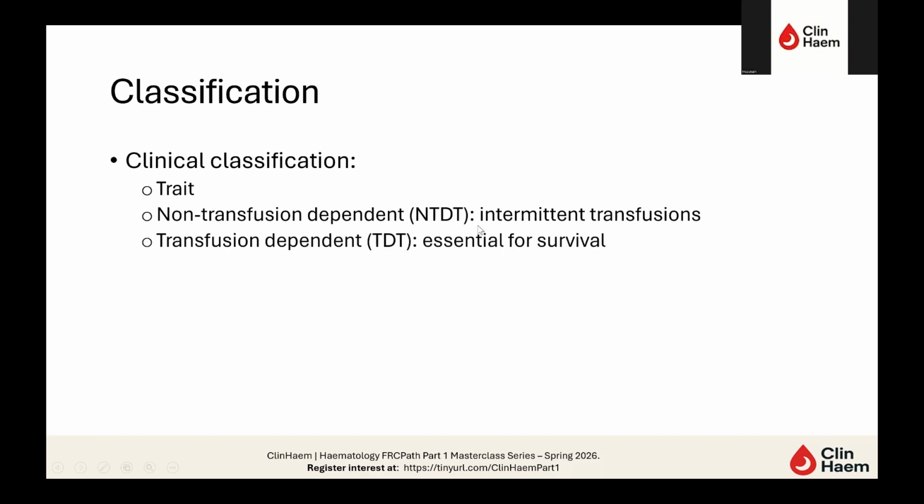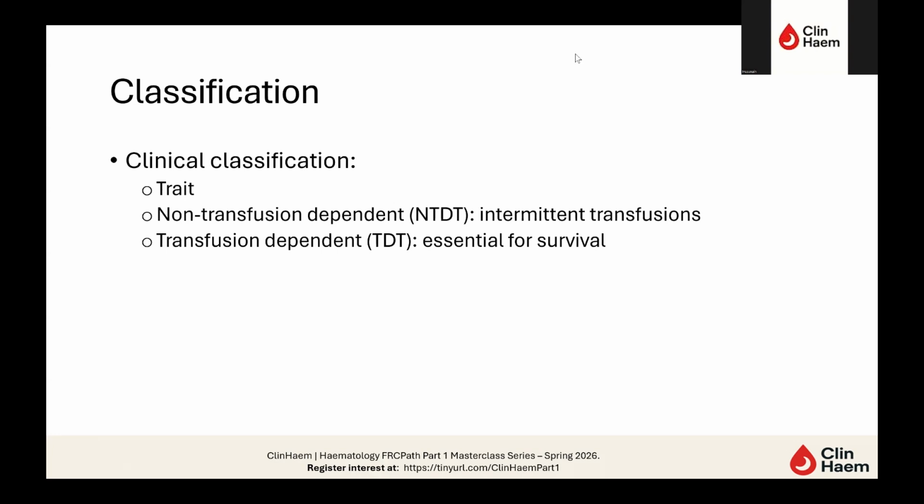Non-transfusion dependent thalassemia patients are still symptomatic, but they do not depend on transfusions for their survival. They can have dips, like with infection, surgery, or pregnancy, where the hemoglobin drops and they will require transfusions. Transfusion dependent thalassemia, like beta thalassemia major or alpha thalassemia major, requires blood transfusion for survival, otherwise they will die. So in beta thalassemia, for example, without transfusion,